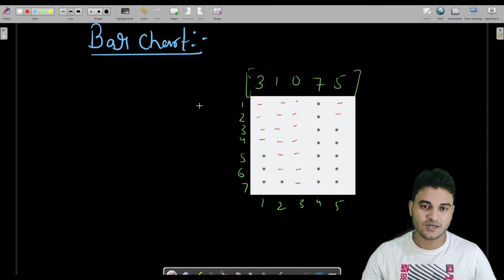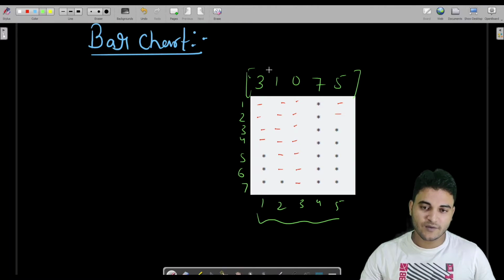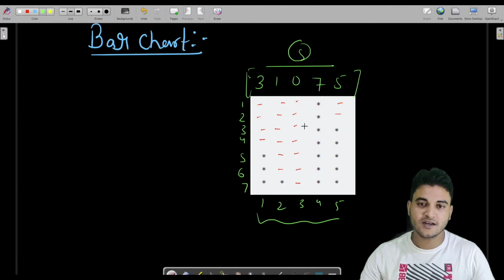So now what we have to do is check how many rows we have to print and how many columns we have to print. So you can clearly observe here we have to print 7 rows and 5 columns. 5 columns are fine. We are having 5 elements inside the array. So for that we have to print 5 columns. But how would we be able to detect how many rows we have to print? Fine. So to get the logic for how many rows we have to print, you will have to see what is the maximum element inside the array.